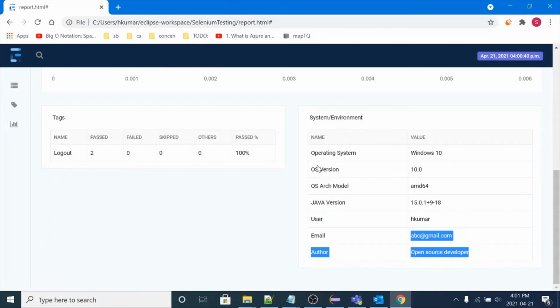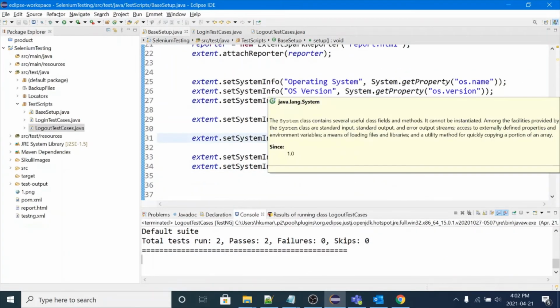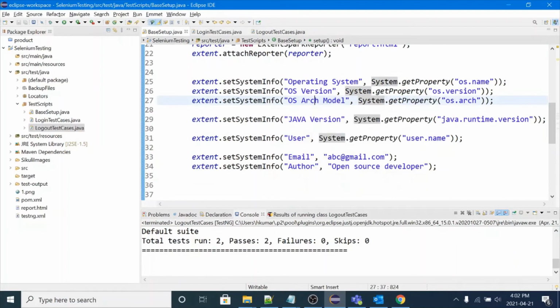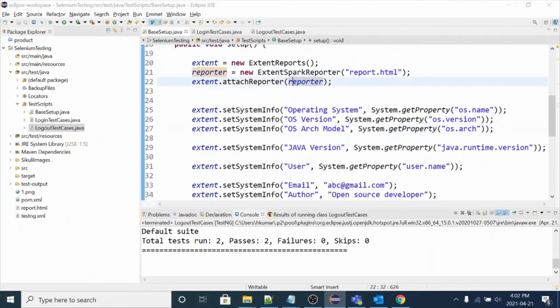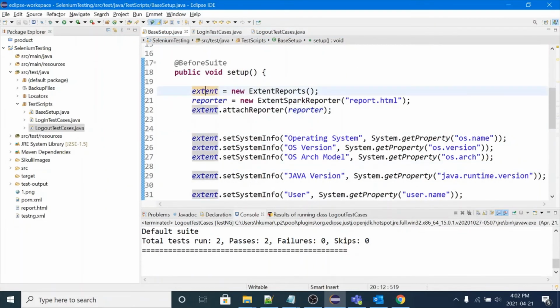Some people can also pass their IP address. If they are running on some cloud machine, they can pass their machine information in this system information. I'm just showing you the logic of how to set system information in your extent reports. So you have to just write all this information using key values in the extent object.